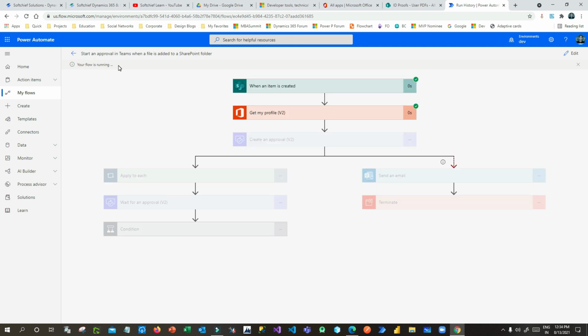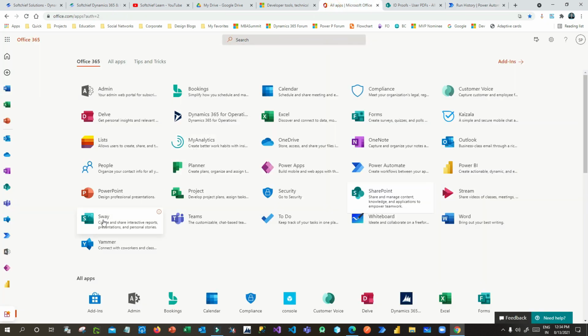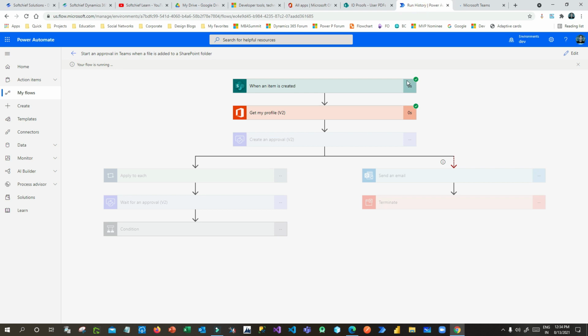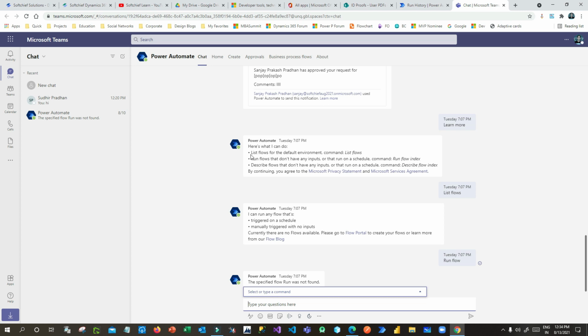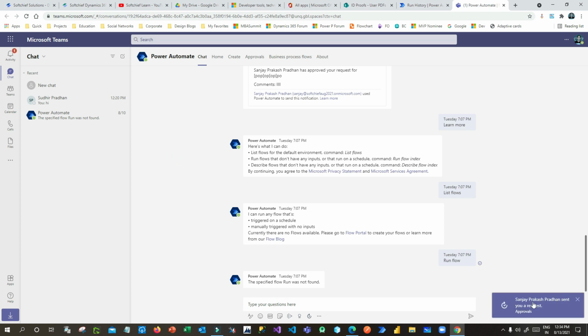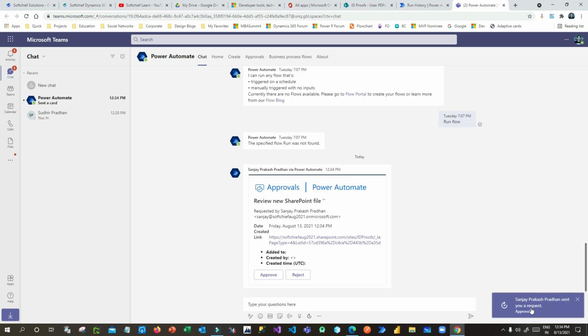Now see, your flow is running. Now it is trying to create an approval. Now open Microsoft Teams to check if I am getting a chat window or not. It is still creating the approval. The flow is still running. We have to wait for some time, and in the meantime I will get an approval here. Can you see that Sanjay Prakash Pradhan sent you a request for approval, and this chat I just received.